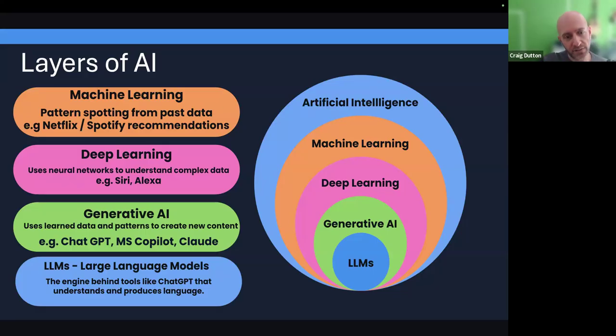Then you go a level deeper and you've got deep learning. That uses what's called neural networks, a bit like a brain, to understand complex data. So when you're saying things like, I don't want to say it too loud just in case I turn everyone's Alexas or Siris on, when you use those kinds of products,